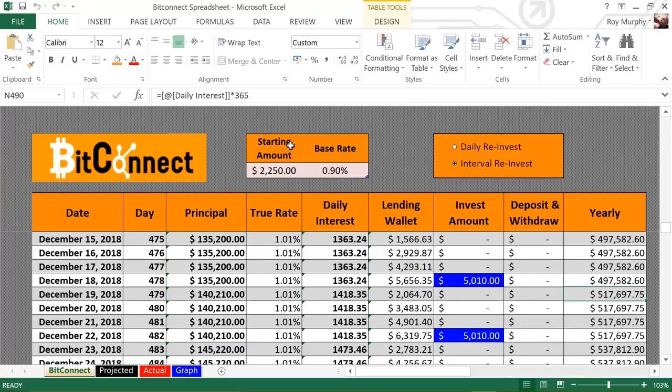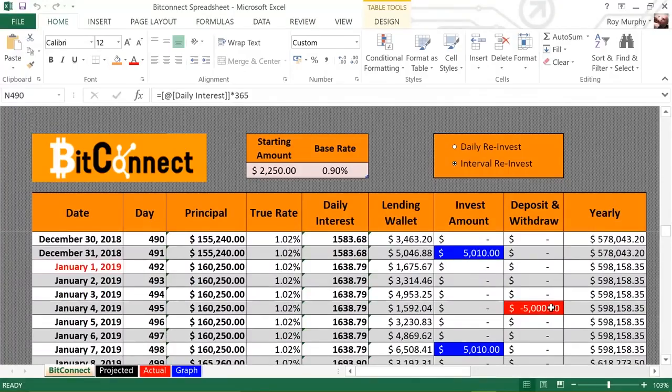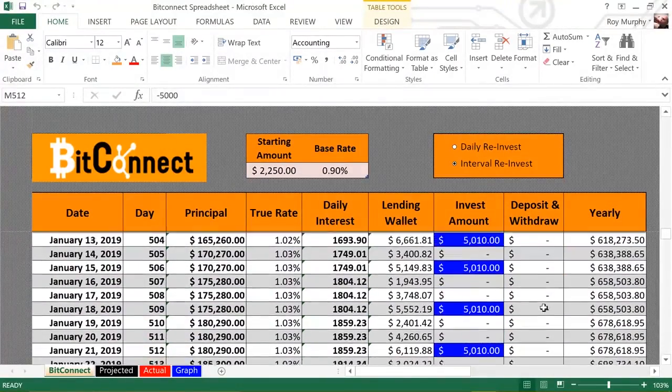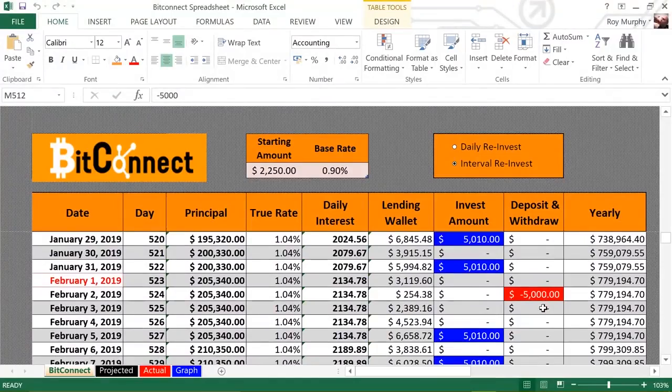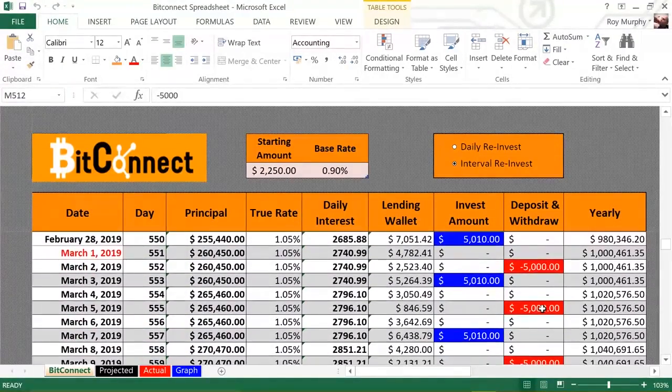All I've put in is $2,250. But we carry on. Go down the line. See how the calculator works. In January, taken out $5,000, $10,000. In February, I've taken out $10,000. In March, next year, 2019,